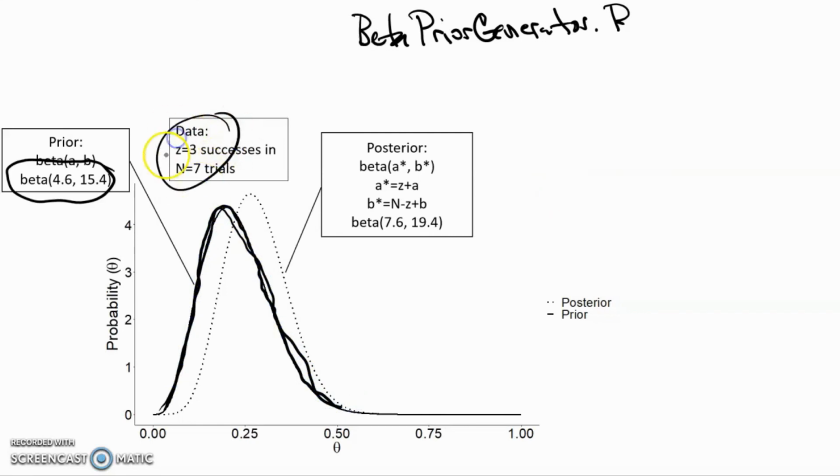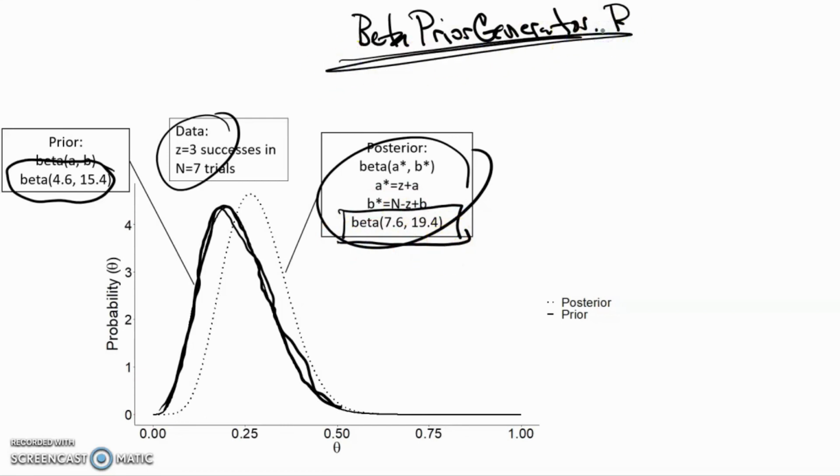We know Z equals 3, N equals 7. We do the algebra and say that according to the magic, our posterior should be a beta 7.6, 19.4. We put that into beta prior generator, and what we get is